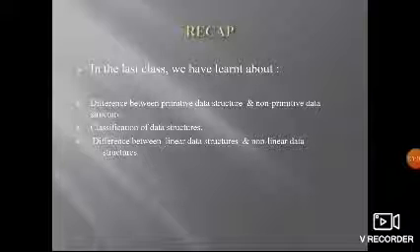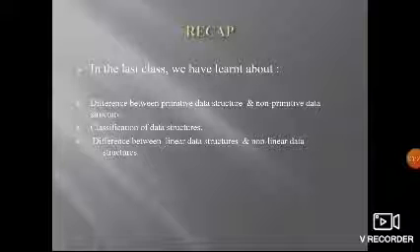So what is a data structure? A data structure is a way of collecting and organizing data in such a way that we can perform operations on this data in an efficient way. So data structure is about arranging data elements in terms of some relationship for better organization and storage.